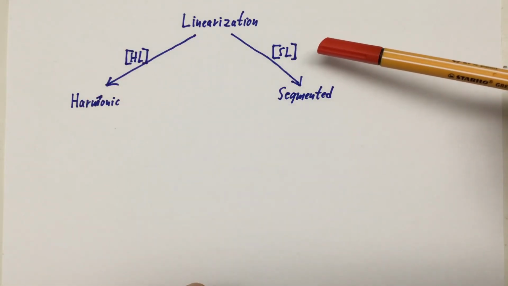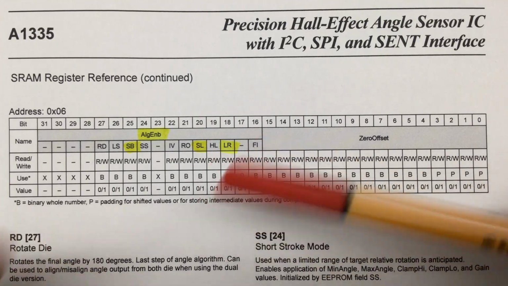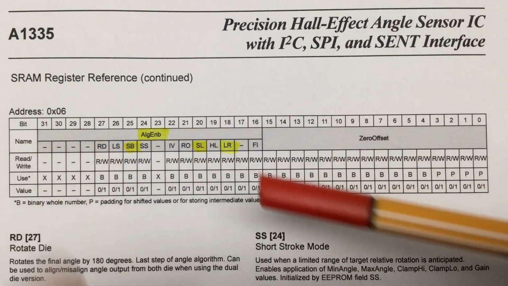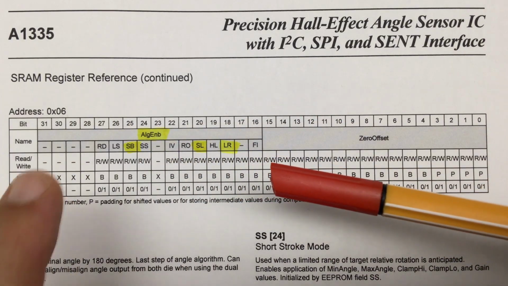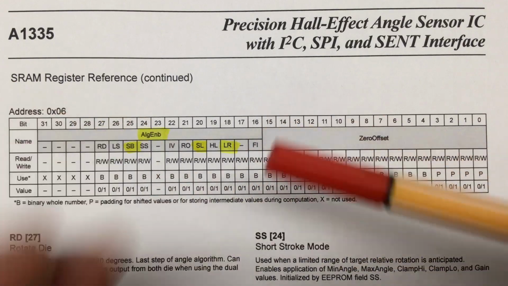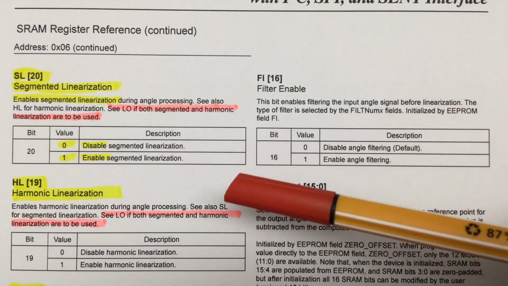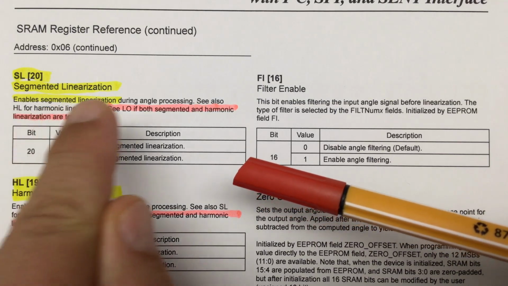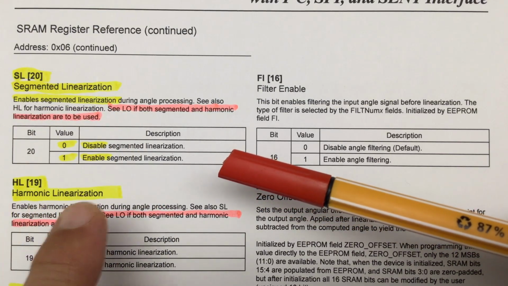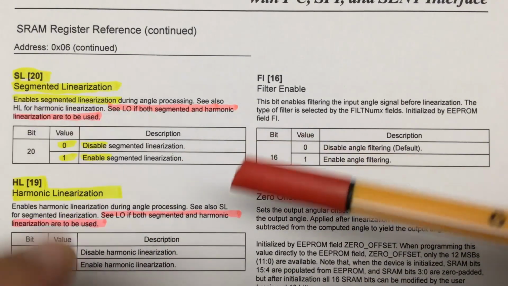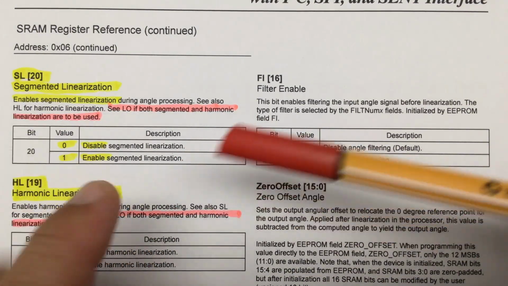segmented linearization bit. We've already written the code for setting all the algorithm enable flags within the SRAM register address 06 in the previous video. So we already have the tools to set either the segmented linearization flag or the harmonic linearization flag in the SRAM. I should mention at this point that there is a